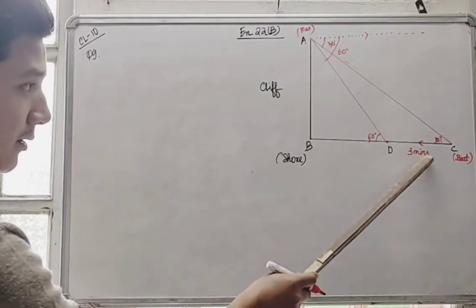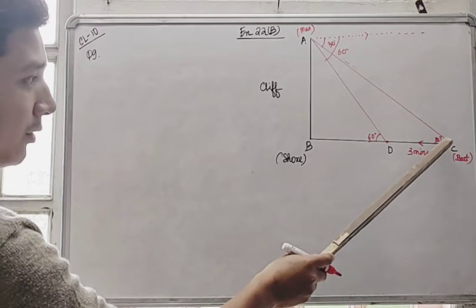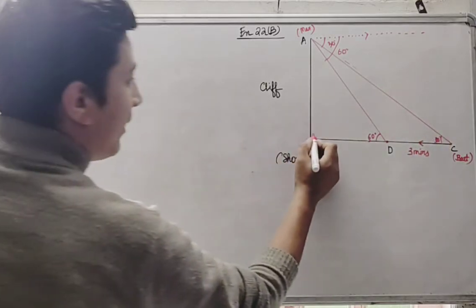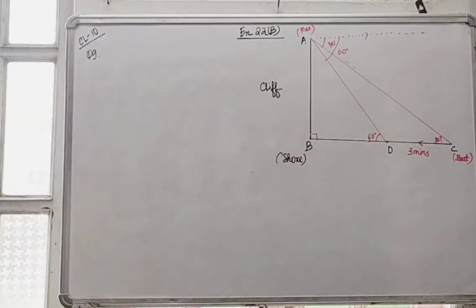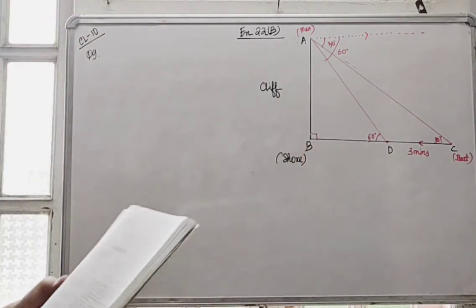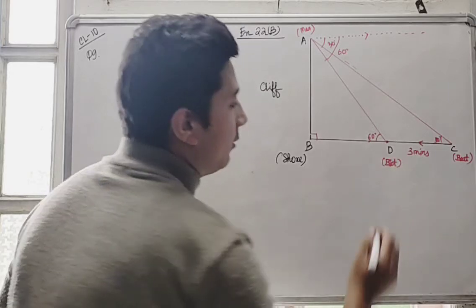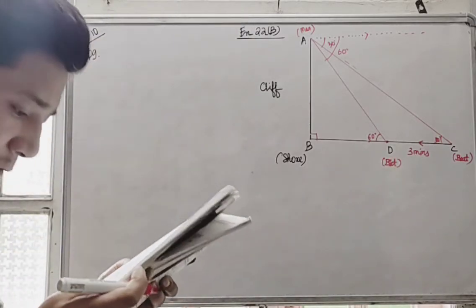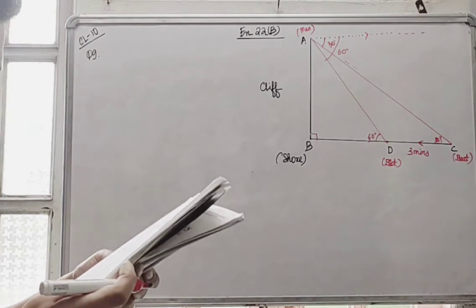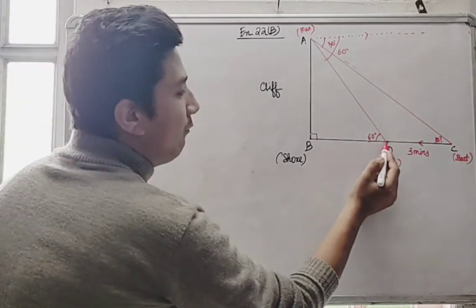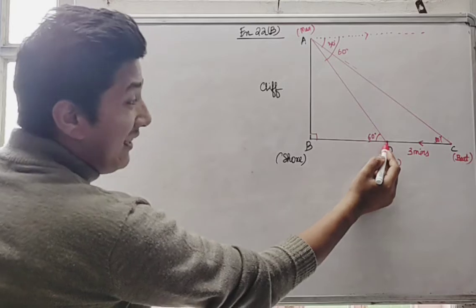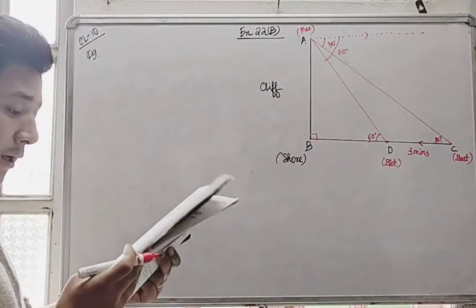After 3 minutes, the angle of depression has changed from 30 to 60 degrees, and this is my 90. The question says, assuming that the boat is sailing at a uniform speed, the boat is here, now the boat is somewhere out here at point D, determine how much more time it will take to reach the shore. How much time will it take to reach from D to B is the first question, and find the speed